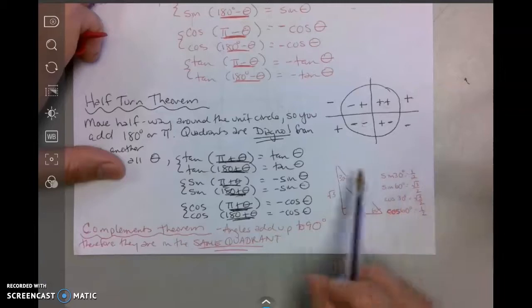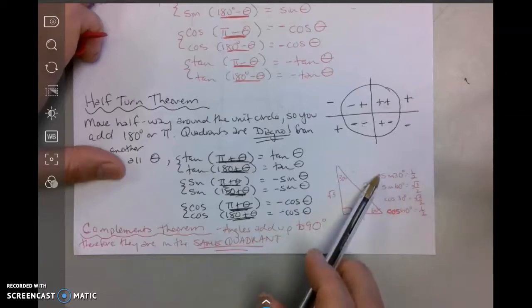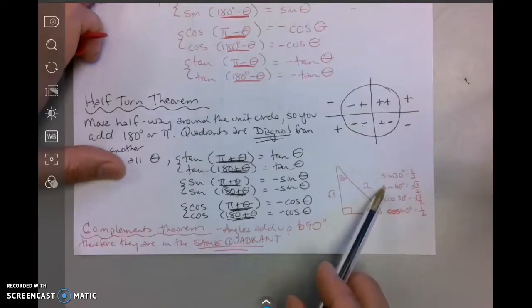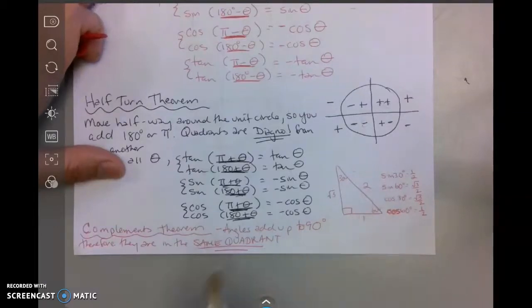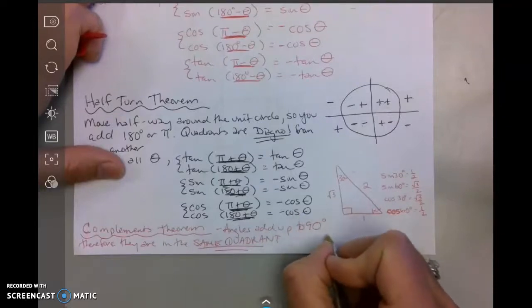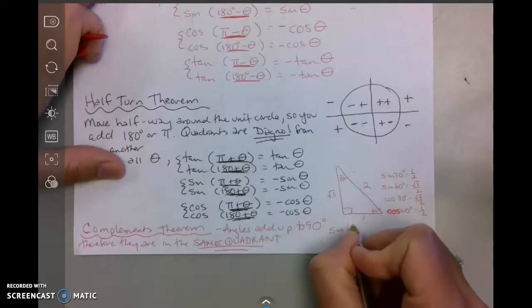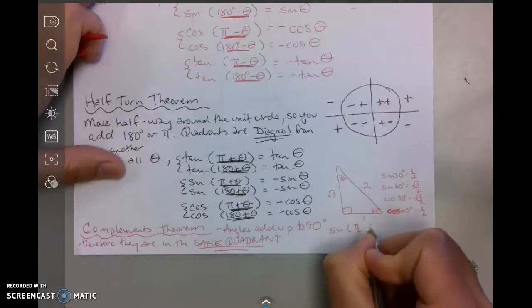Do you see how the sine of 30 is the same as the cosine of 60? The sine of 60 is the same as the cosine of 30. Therefore, our theorem says that the sine of pi over 2 minus theta